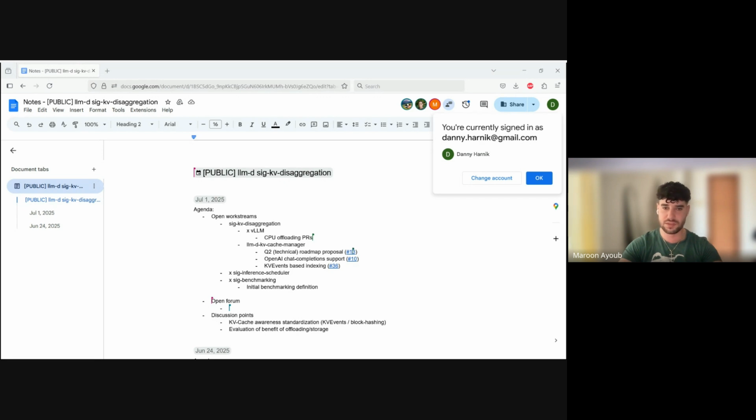In the KV Cache Manager, there were two PRs that restructure the code a bit and prepare for the landing of events or indexing of the events, already merged. A third PR, which is in final testing stages, connects vLLM, or the KV events API in vLLM, to the global indexer. I want to raise a topic here on standardizing KV cache indexing, or KV events-based indexing, since